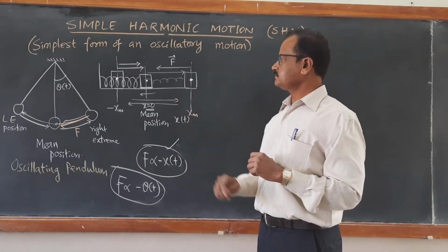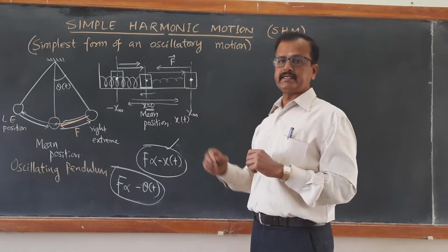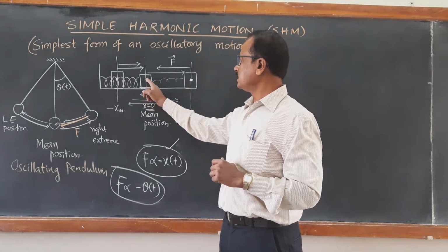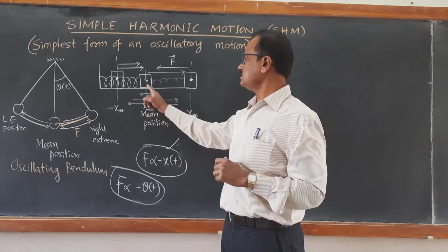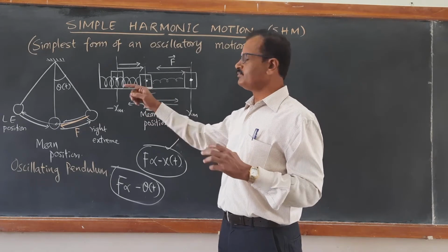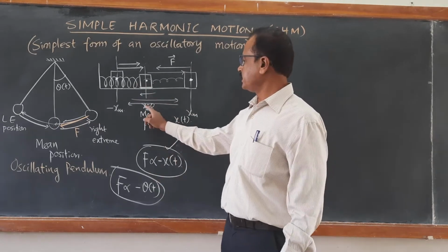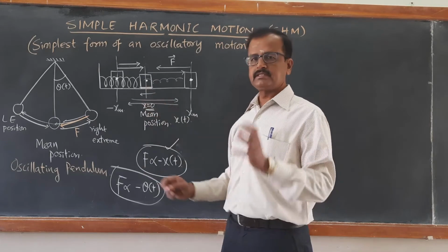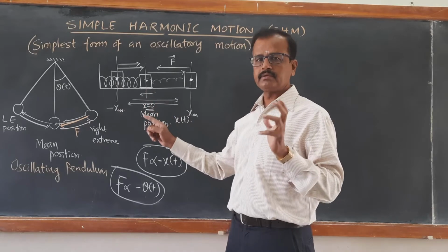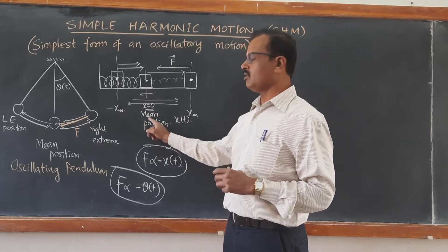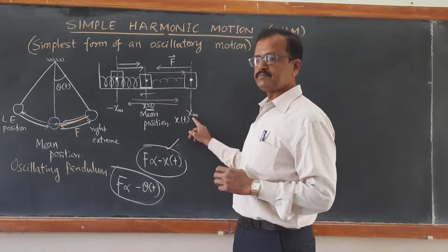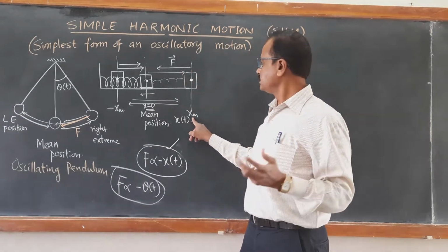So let us consider a linear oscillator like a spring attached with a load, and let this be the position of the load, that is of certain mass m, before being stretched. Let x equal to 0, that is the equilibrium position. X equal to 0, the origin, represents the equilibrium position or mean position. When it is stretched to maximum displacement, say xm, and then released,